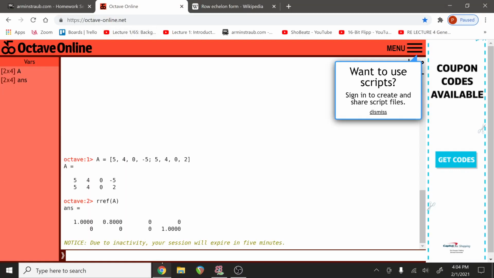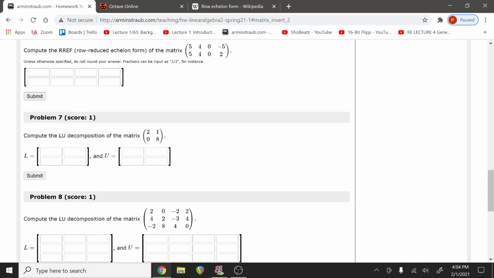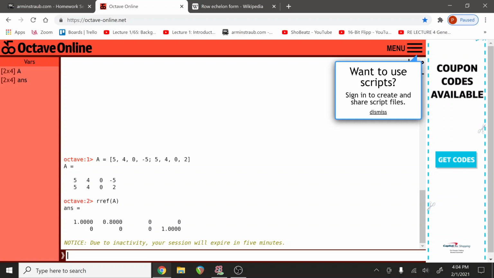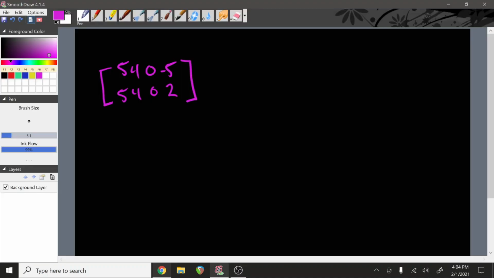If you go to Octave Online, the first thing, if you're just getting a calculator for this, you would type in A equals, then you write your first row, and then you have a semicolon, then your second row, and if you have more rows, you just add more semicolons and rows. So this is the matrix that we're doing, 5, 4, 0, negative 5, and you can see here we just type in A equals this stuff, press enter, it'll automatically generate a matrix. Then you do RREF, which is a function on A, and then it will do the row reduced echelon form for you. But we need to do this by hand here, so